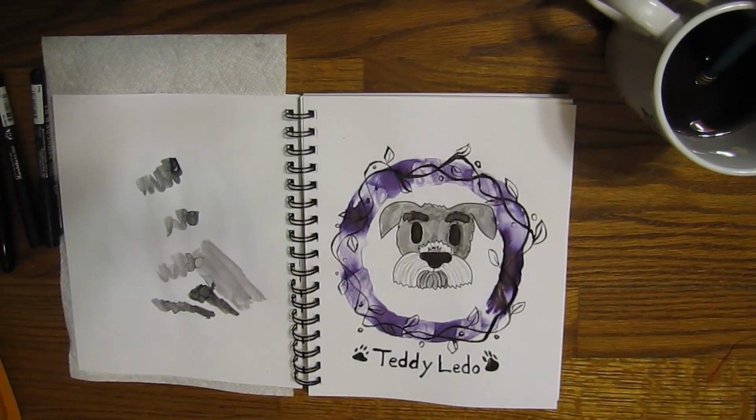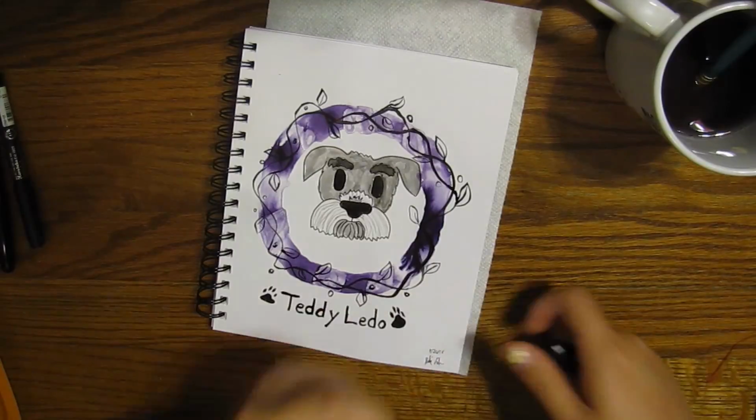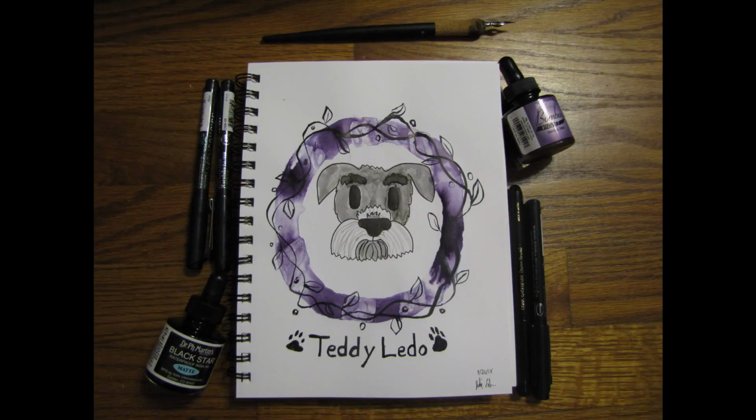So this was my finished product. It was a really quick drawing, and I just wanted to draw my dog, and so I did, and I was kind of sad that I didn't do something more epic, I guess. But here's what I made with these supplies. I am so ready for Inktober. I'm so excited to share with you guys the story that I made,